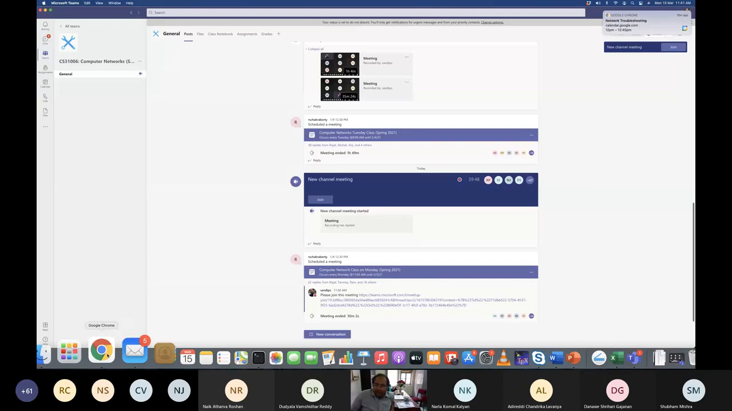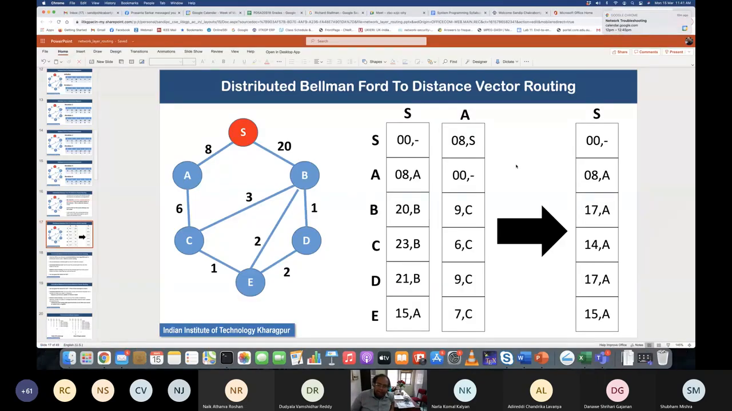Okay. So can you see slide 17? Yes, sir. Okay. So S has its own distance vector, which looks like this. That is the currently computed information: S to S, the path cost is 0. S to A, path cost is 8, next hop is A. S to B, path cost is 20, next hop is B. S to C, path cost is 23, next hop is B. S to D, path cost is 21, next hop is B. S to E, path cost is 15,